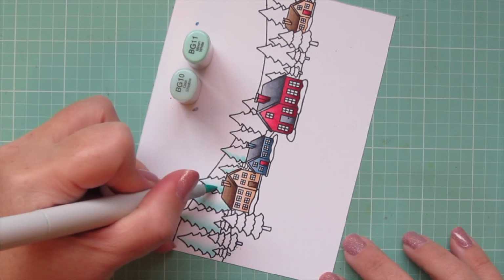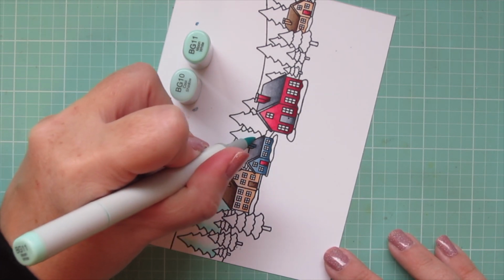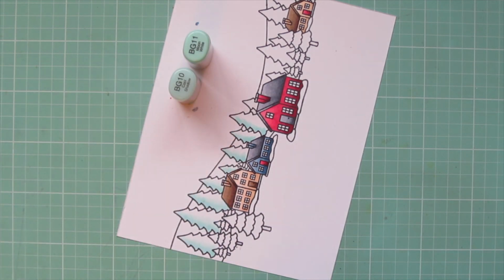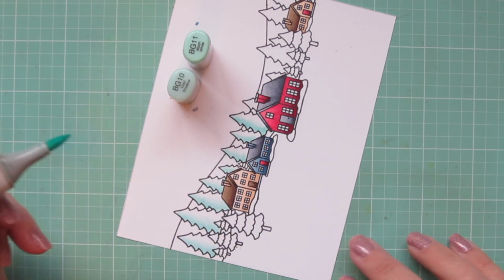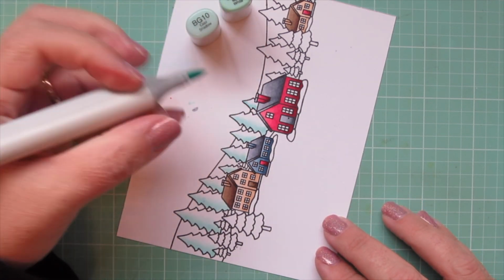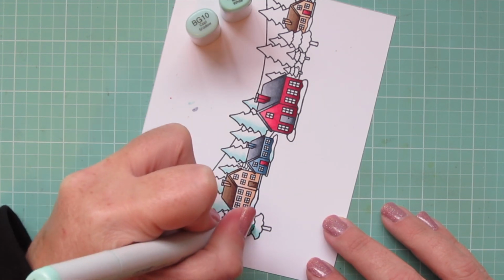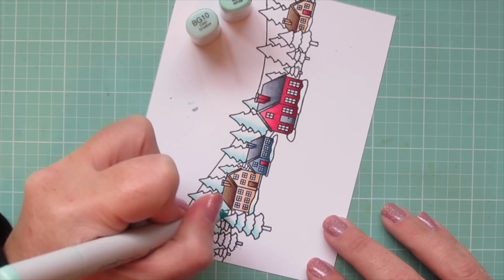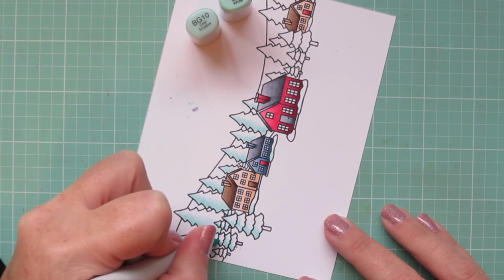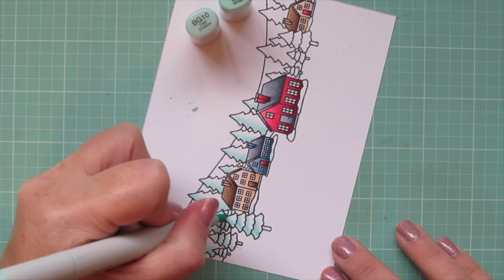So I'm just letting that kind of fade into white. That's going to give them that frosty glow and just make everything look really nice and snowy. And because I am trying to make this scene be at the North Pole, it just seemed to fit. I think this would also look fantastic colored in green, but it would have taken a little bit more time to blend out all of those colors, and this made it really quick and easy to do them all the way across. So I did about half of them on screen for you, and then I'll do the other half